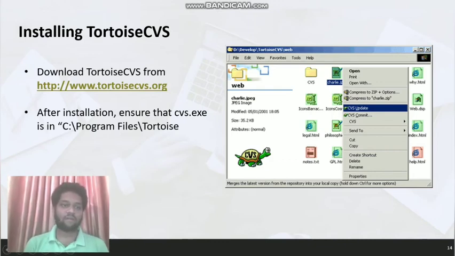So over here we have provided the link. Just go to the link and download the exe file for this software. After that, click on it and install it. Just make sure that the file has been installed in the location that is provided over here, that is inside the C directory followed by Program Files, and that's where you have to make sure that the file is installed.